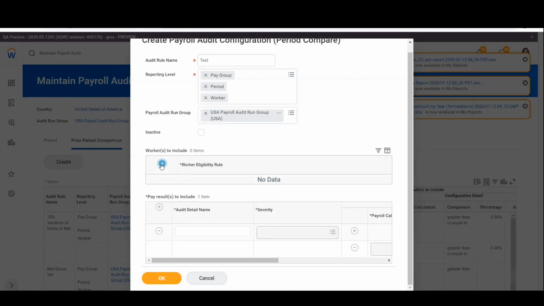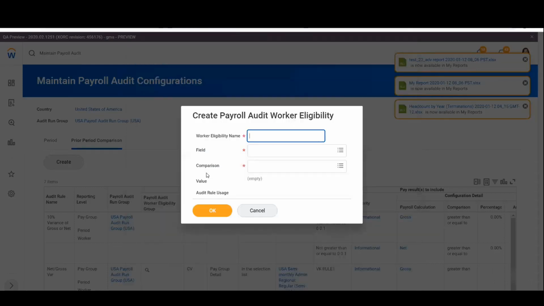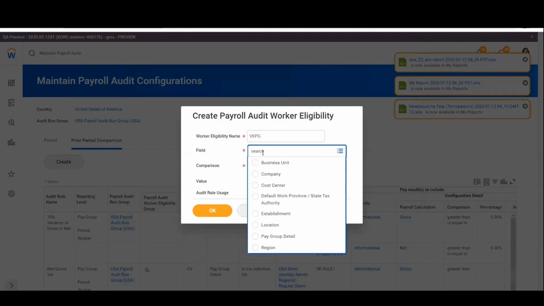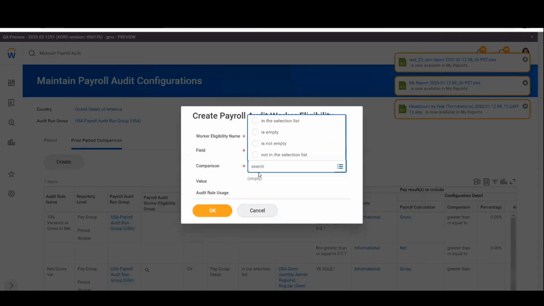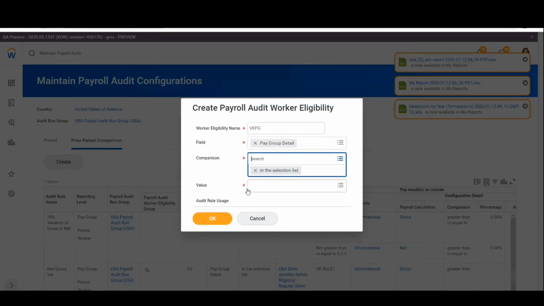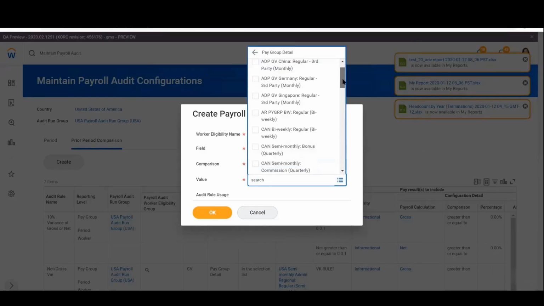Or for example, if I want to have this rule only for my particular pay group, I can do that using this. In the selection list, I can add both of them. I can add the US semi-monthly and